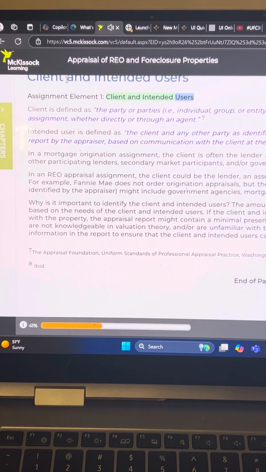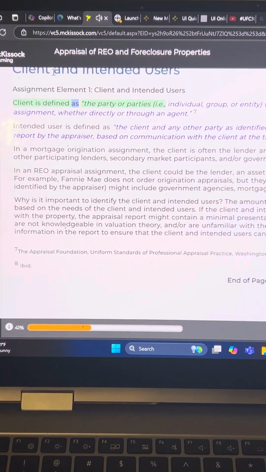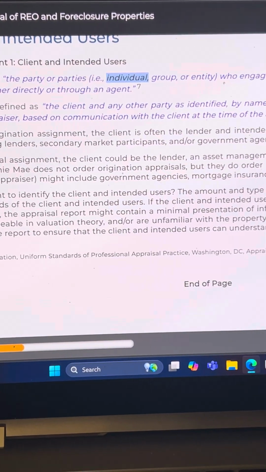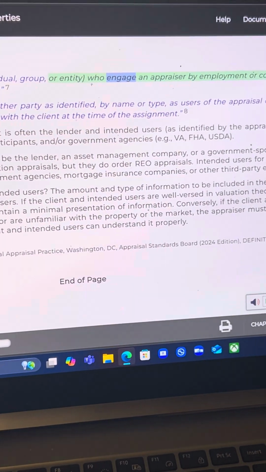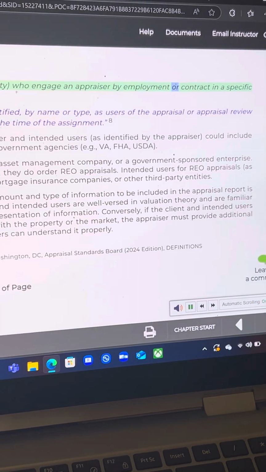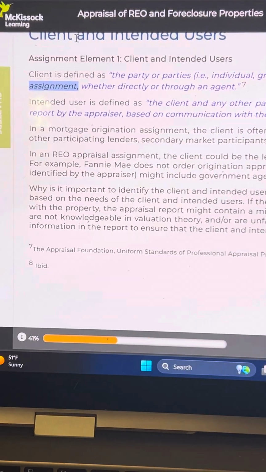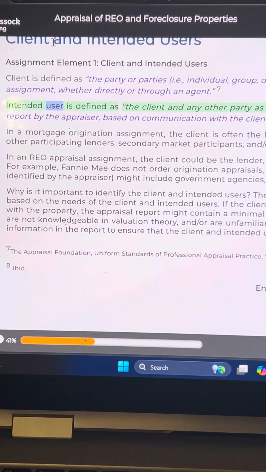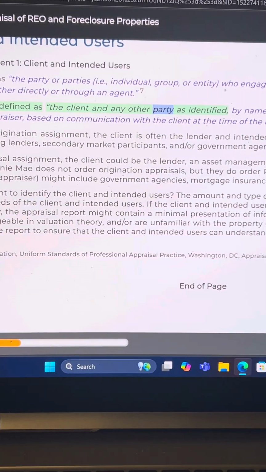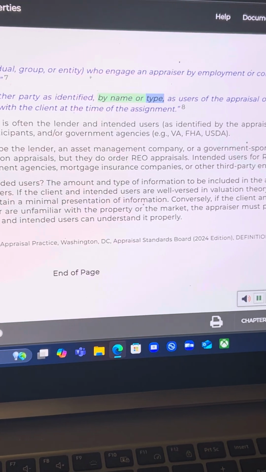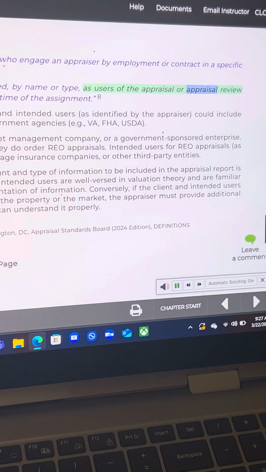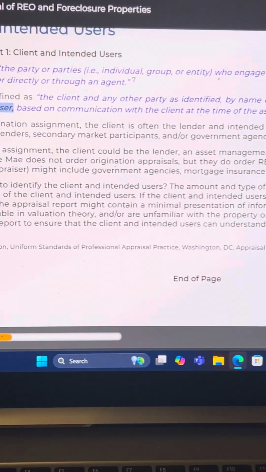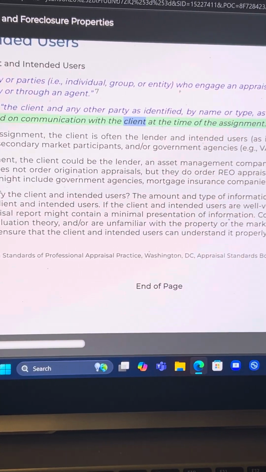Client is defined as the party or parties, that is individual, group or entity, who engage an appraiser by employment or contract in a specific assignment, whether directly or through an agent. Intended user is defined as the client and any other party as identified, by name or type, as users of the appraisal or appraisal review report by the appraiser, based on communication with the client at the time of